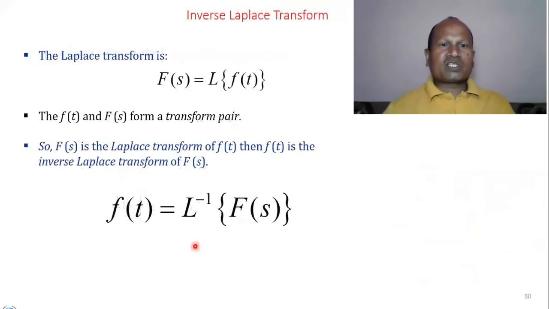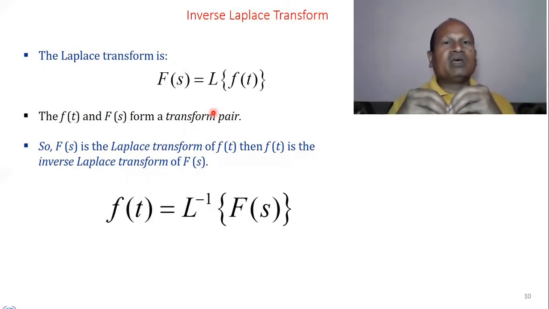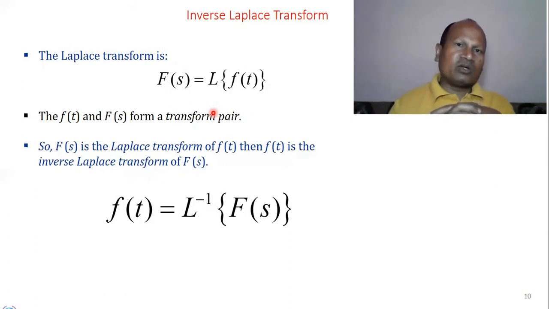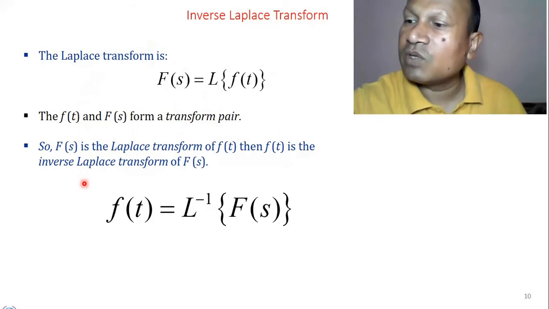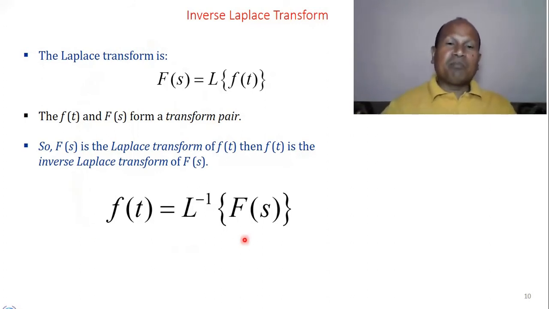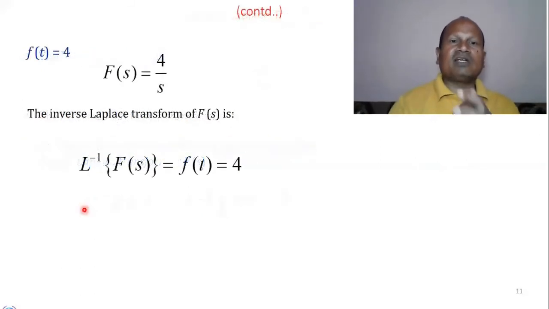All right. So the next one is the definition of inverse Laplace that applies to all the transforms. We calculate the transform and then bring it into the frequency domain, the complex frequency domain. We want to bring it back again into the time domain. What we can do is calculate the inverse Laplace transform. So this is the Laplace. It converts the time domain into the frequency domain, and f(t) and F(s) both are a transform pair. So how can we calculate the inverse Laplace? We can calculate it by computing the inverse Laplace of F(s), and we will obtain the value as f(t). This is called the inverse Laplace.